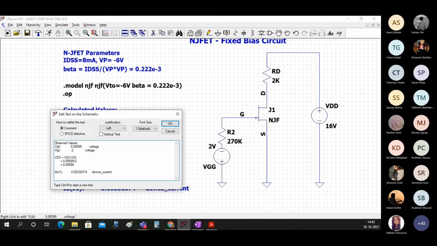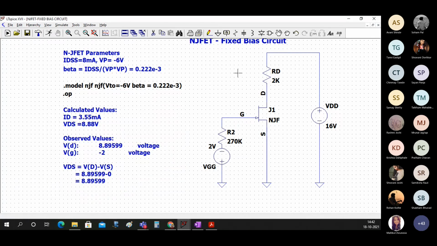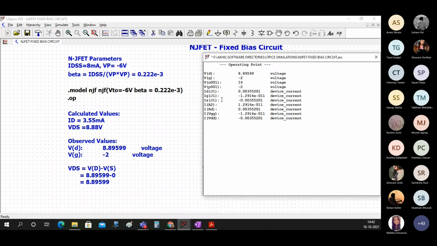The value of current, let's see that, 0.355 is correct.